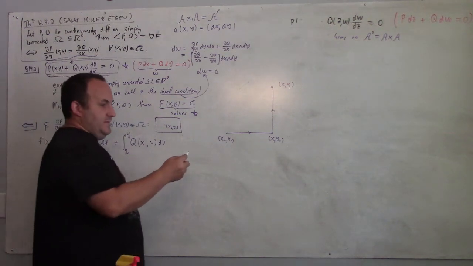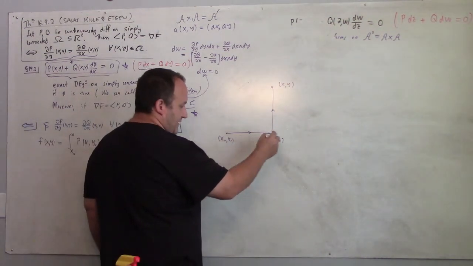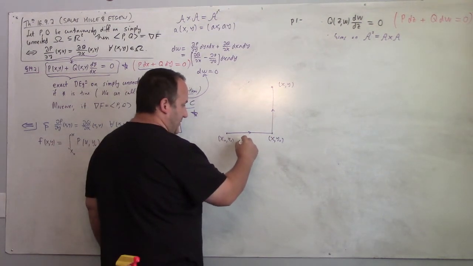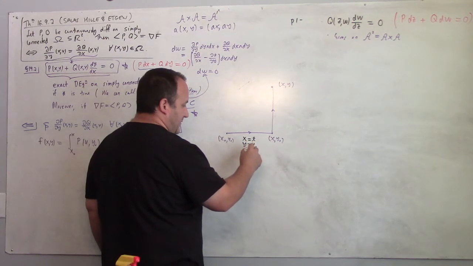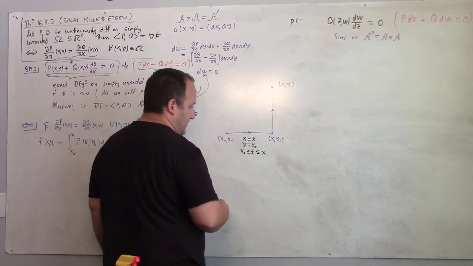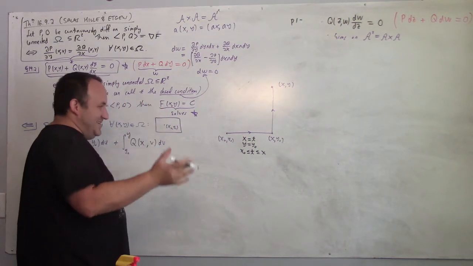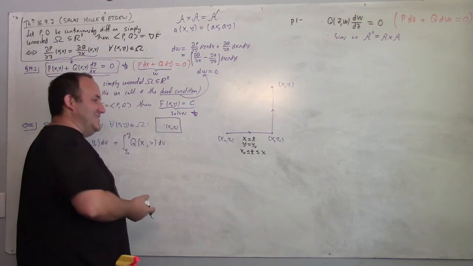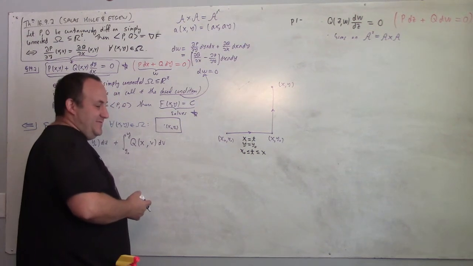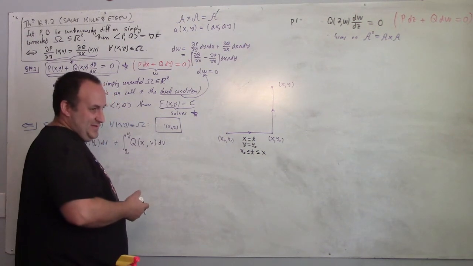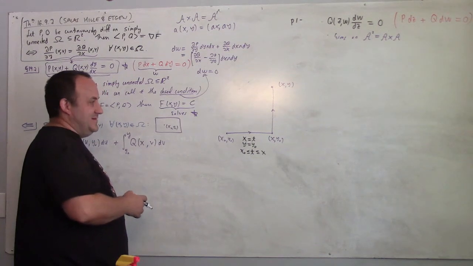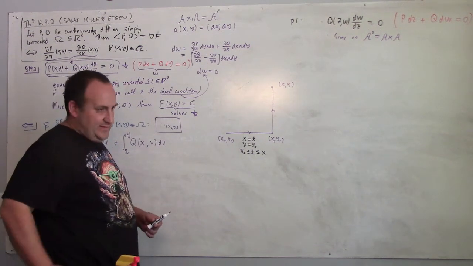So if you look at this line segment, we have the equation, what? x equals t, y equals y naught, x naught less than or equal to t less than or equal to x. I've misused the x notation here a little bit. Sorry about that. If you like, I can reformulate that into a